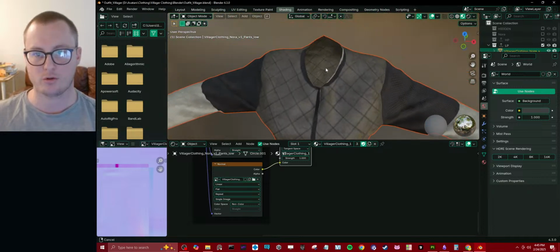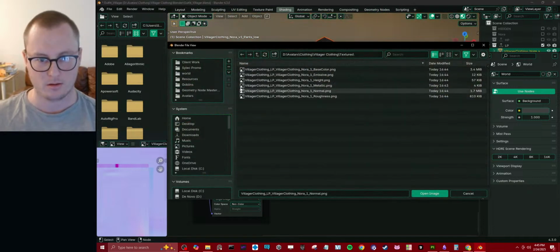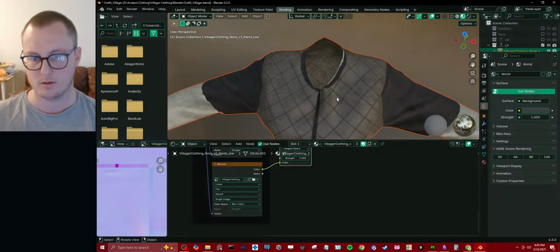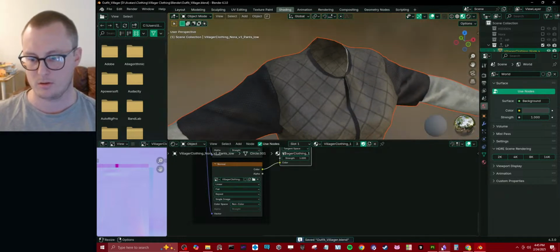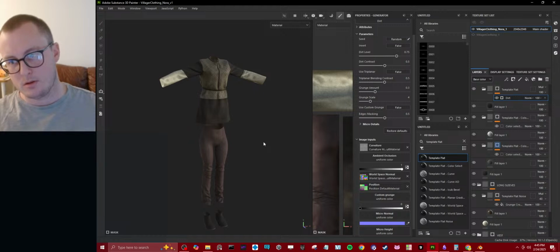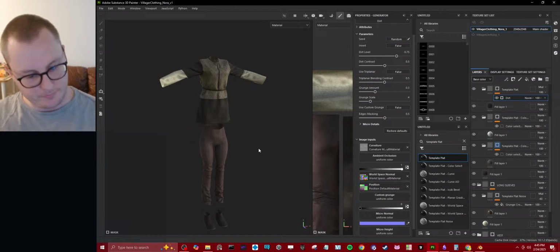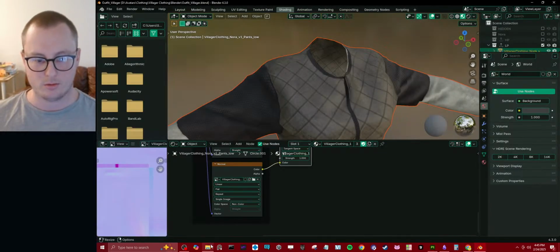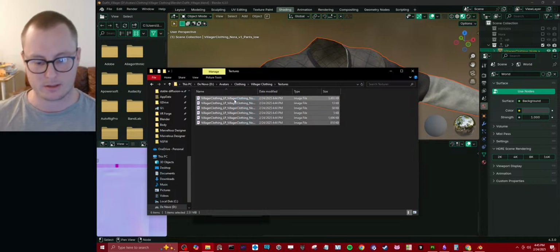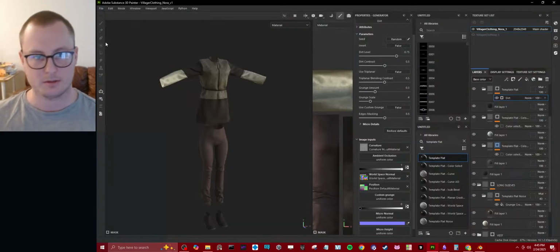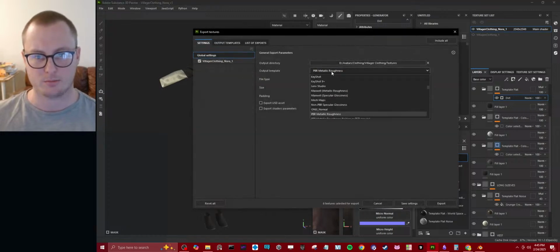Should have more normal detail than that. Let's go back to the folder, the textures, delete it. Substance, Shift Control E. We're gonna export